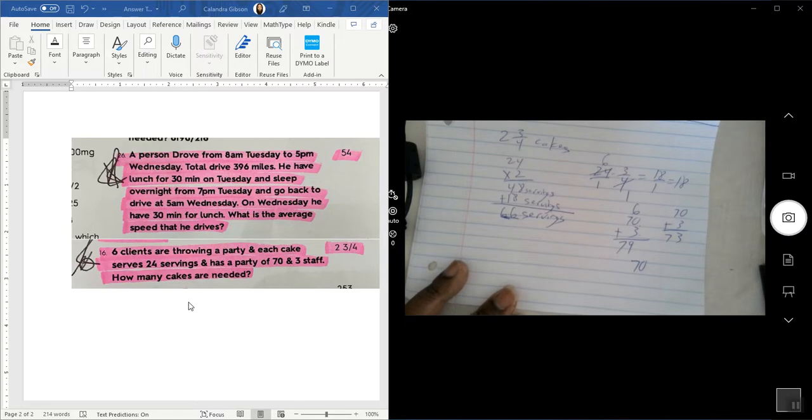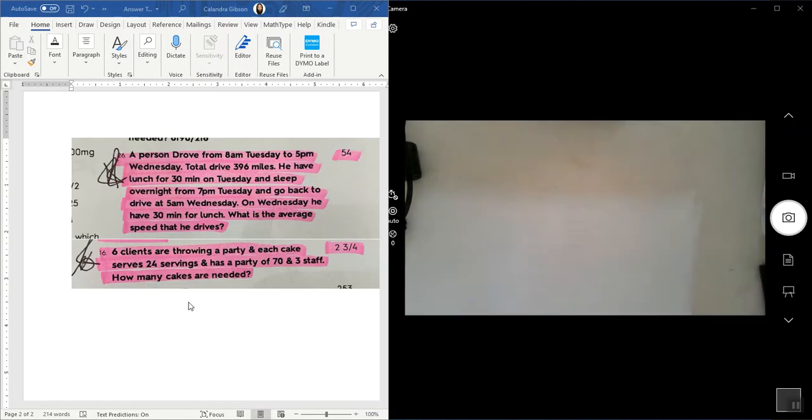So what I am going to do, I'm going to go through and do all 3 scenarios with the 6, 70, and 3, which is 79 servings, the 73 servings, and the 70 servings, because I'm not sure how the test will want you to count the people. They may want you to count everybody or exclude certain amount of people out. So I'm going to show you the 3 different answers that are the possible answers. Now, if you have a little bit more information on these problems, please let me know. But let me go through those 3 scenarios.